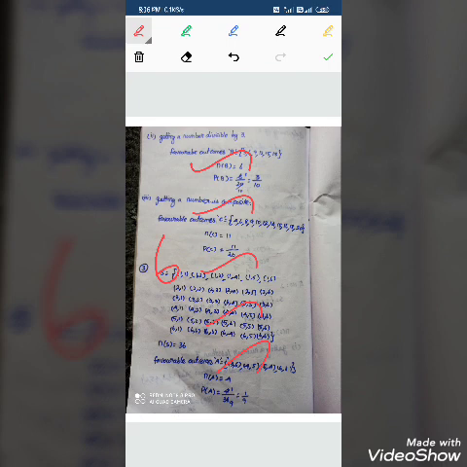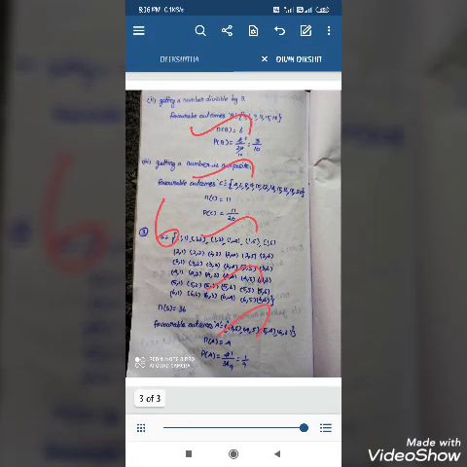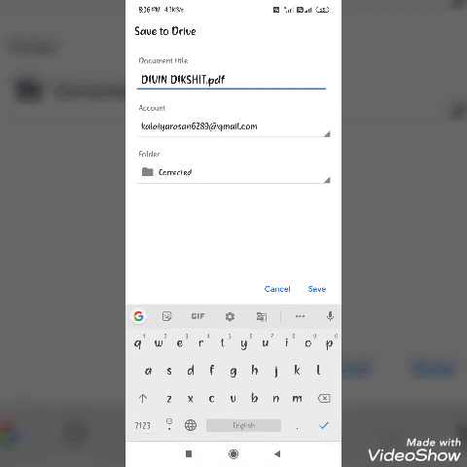So once the paper correction is done, you go to the Google Drive and you have to save it. So it's moving on, the same process I do. Save to Drive. Already we selected corrected, but once again you have to see whether it should be corrected or not corrected. If it is not corrected, you select the option properly and we go on with the same process. You have to save it. I click save and I have to save the Divin Dikshit paper also.